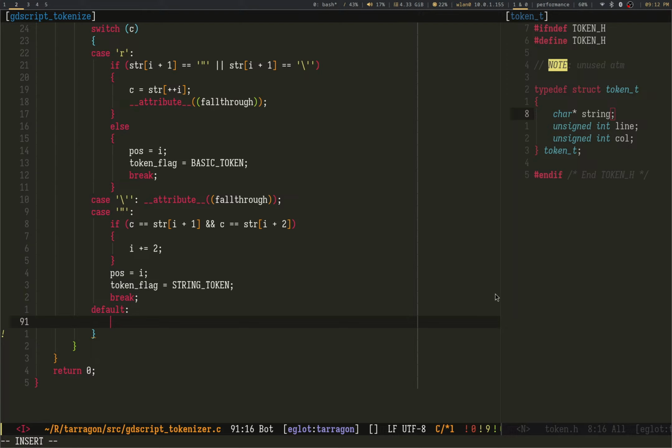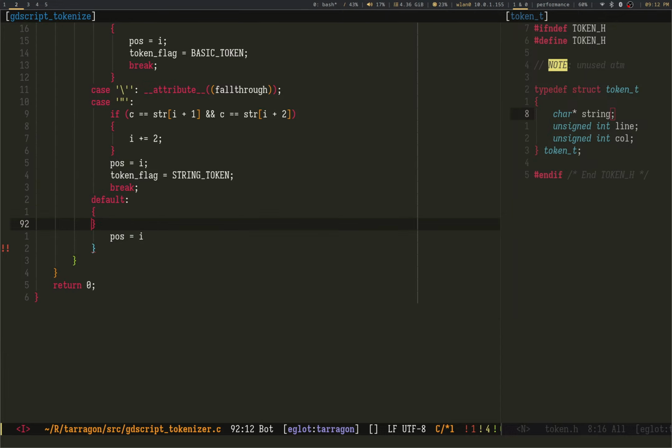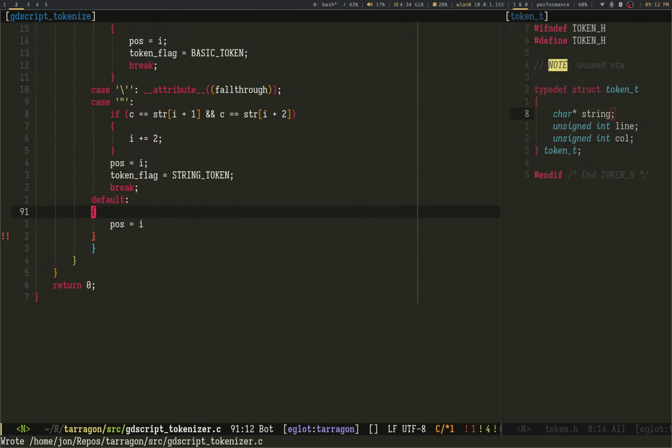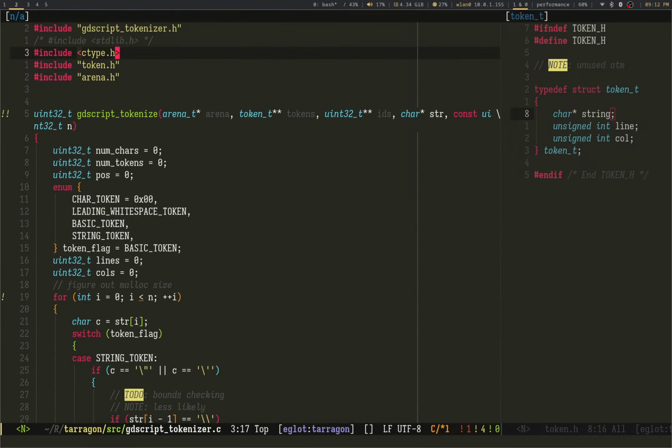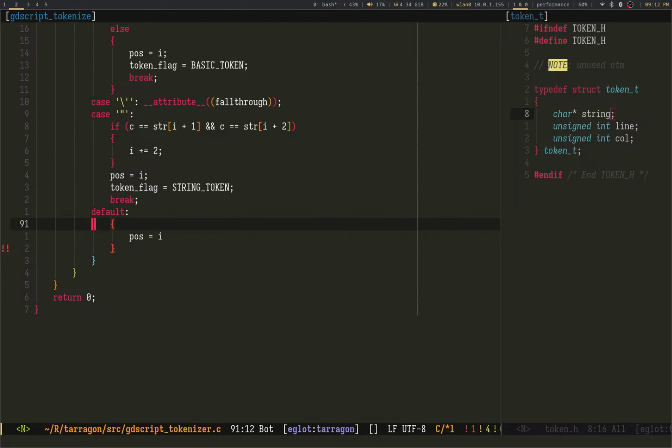Default, which includes that. Policy equals I. I think it's going to complain. Set that there. Otherwise, it's going to say, "Hey, you're setting a variable right after this, which is not kosher." Actually, it's fine. Well, basic.